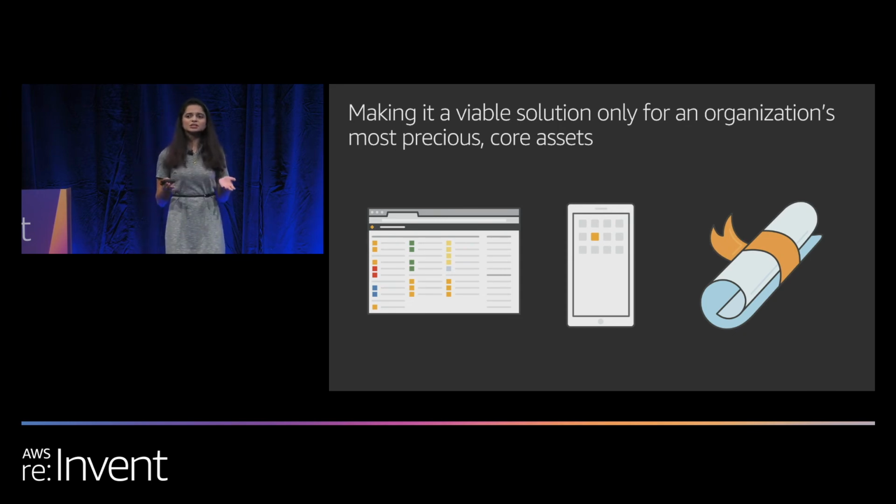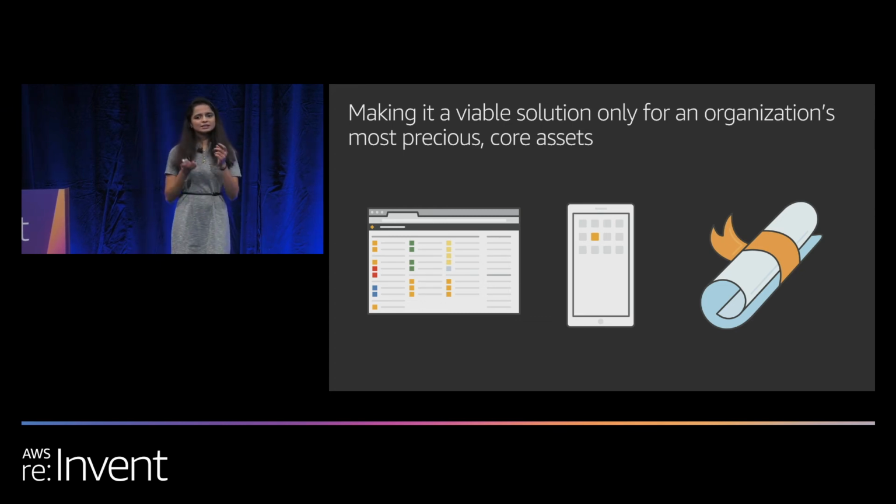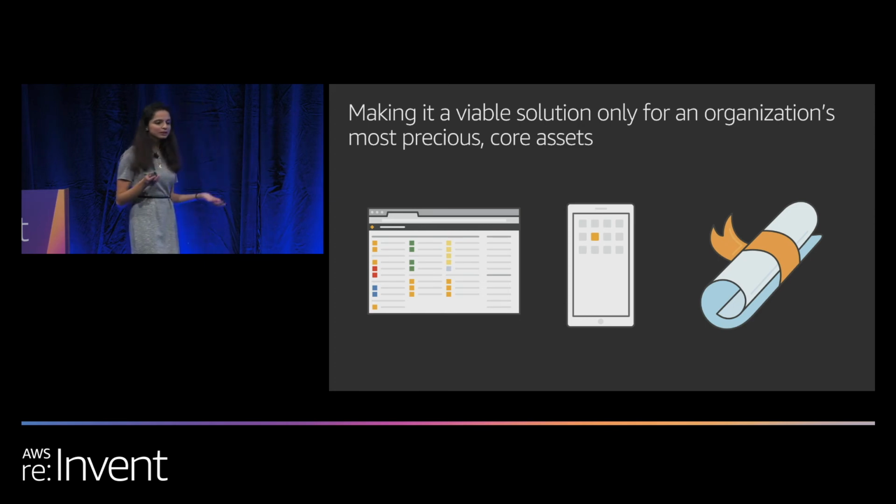But localization is not that easy. It's manually intensive. For example, if you're using translators, just imagine those translators translating your whole site, how much time it's going to take, and you're going to get a hefty bill after all that translation. So what organizations tend to do is translate only their core assets, their super important assets. Like if it's a retail site, probably only the product names, and not the reviews or the descriptions. Or it could be just their marketing material, and not the complete thing.